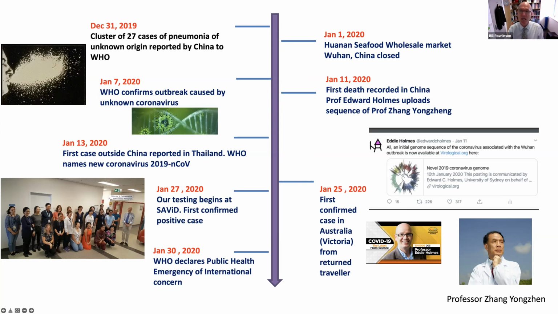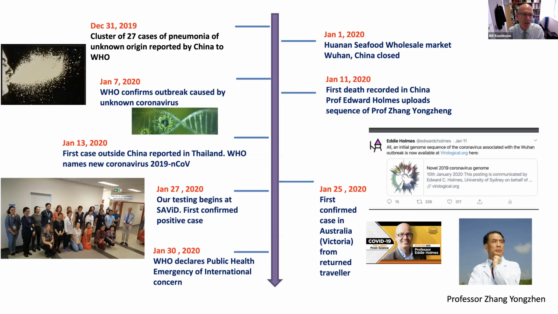And it was really only a couple of days later, January the 11th, when Eddie Holmes, who's a professor at Sydney University, whom we work with, a nice guy, who knows an awful lot about genomics and who works quite closely with a professor in China whose laboratory did the sequencing of the first virus, Zhang Yongzhen, uploaded the sequence, which allowed us to design diagnostic tests and allowed us to do a whole lot of other work. It was only a couple of days later that the first case was reported outside of China in Thailand,